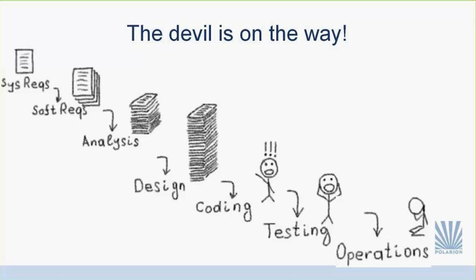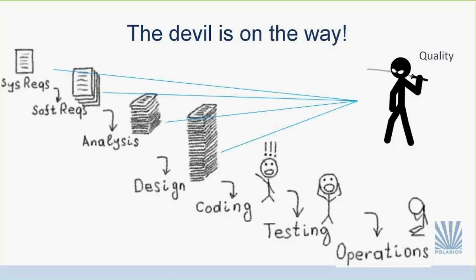But then it doesn't end there. We have this little guy that is like a shadow behind us. This guy usually is quality. It's not only the software requirement analysis and design, coding, testing, operation. We have to do compliance, right? We have to have information. So the checklists were created for that.